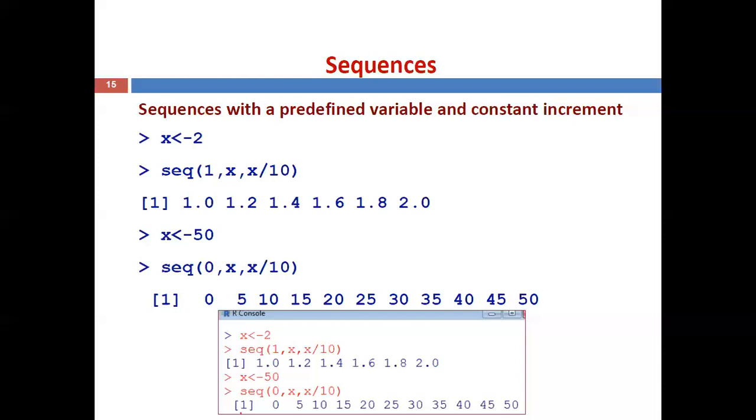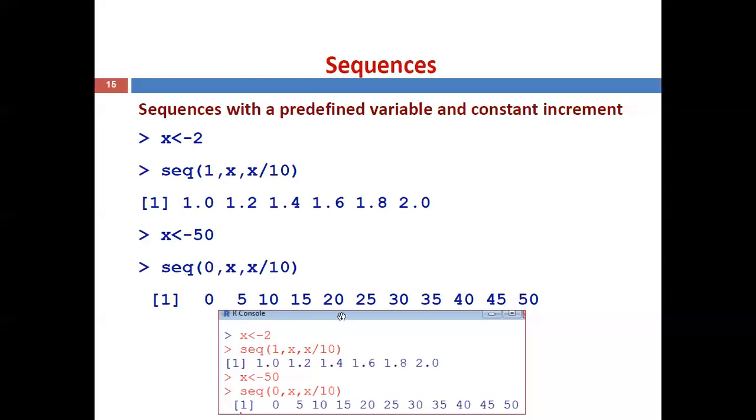is the increment value. Now whenever you run this command, you will get first 1.0 as the starting value. Then it continues till 2. Why? Because the end value is x. Whatever the value you are assigning to x, that is the end value, which is 2. Then in between 1 to 2, the increment is 2 by 10. That fractional difference will be added to each and every value.